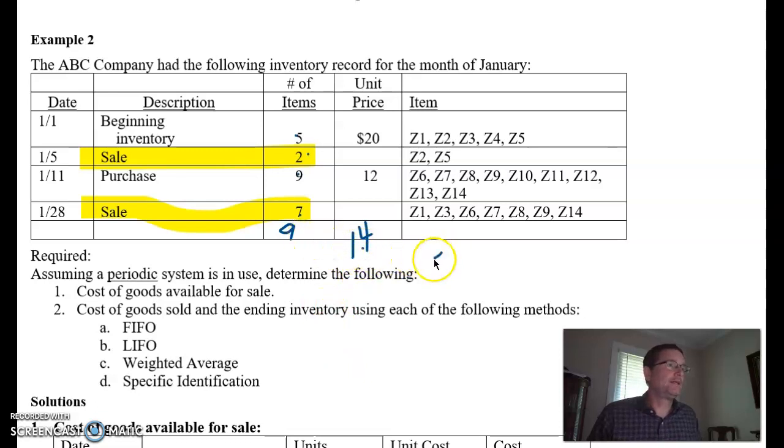14 minus 9 is 5. So we should have 5 items in ending inventory, right? But the point is there's 5 in ending inventory, right? Okay, so